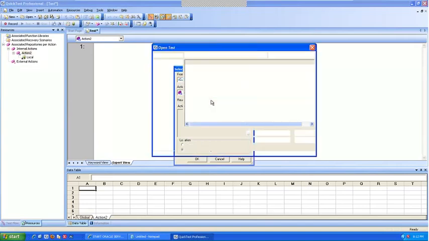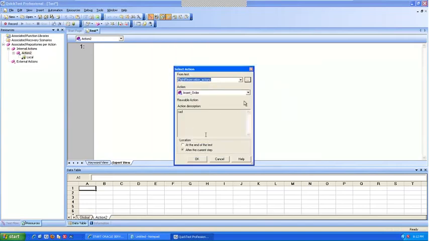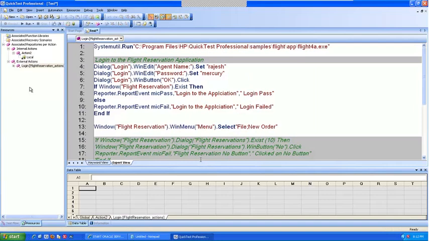Same, I'm going to select actions, flight reservation action. Okay. I wanted to insert login. I'll say okay. Now you see, it comes as an external action. You see here a new action is generated saying external action, and that login is here now.